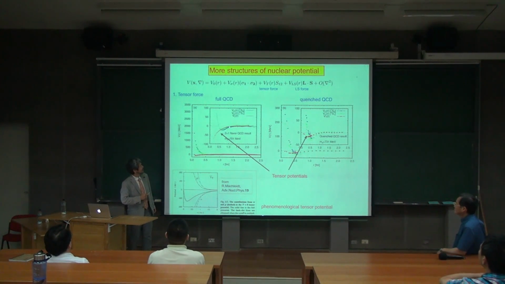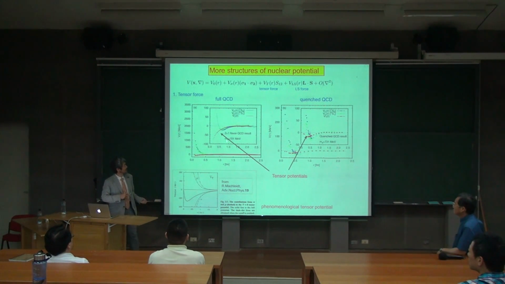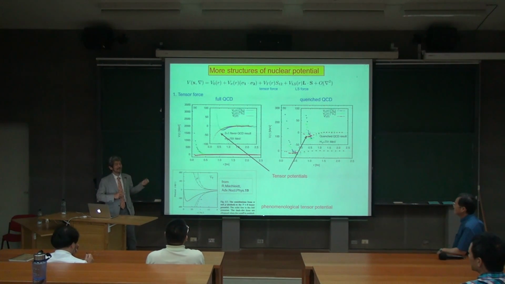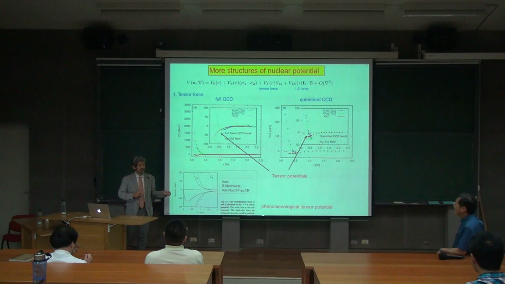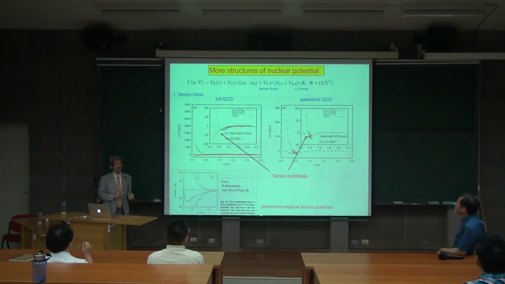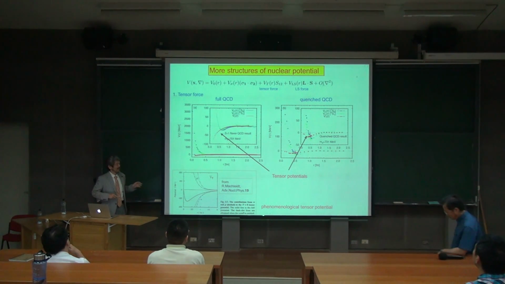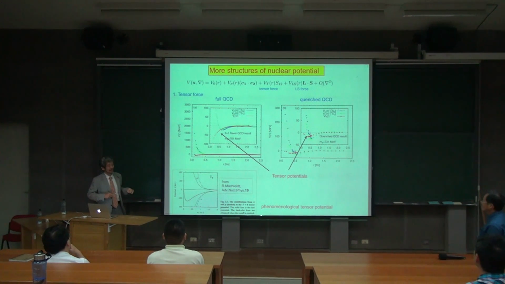So I think in nature, because of this tensor force, the deuteron is bound, but not the dineutron. In that sense, spin dependence is very important, and it distinguishes the deuteron bound state from the dineutron. But again, our calculation contains some approximation, and still does not show the deuteron binding, but